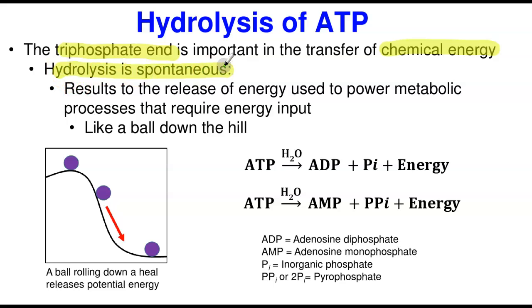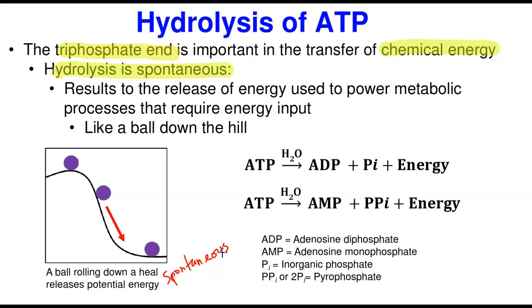When something is spontaneous, what it means is that it can occur without an input of any external factor or energy. Example, like if a ball is rolling down a hill, look at the ball. If a ball is kept on a hill and you push it down, it will roll without any input because this process is a spontaneous process. A ball rolling down a hill releases huge potential energy. This is exactly what happens when ATP is being hydrolyzed.